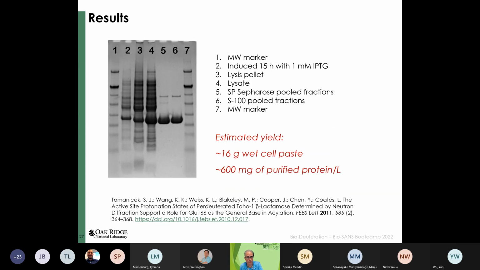And just some results from that particular run, just to show you that this is kind of our all-time gold standard of experiments. So it's probably a bad example to show everybody, but from about 16 grams of wet cell paste, we were able to get 600 milligrams of per-deuterated beta-lactamase for that experiment, which happened to be for neutron protein crystallography. But for SANS experiments,